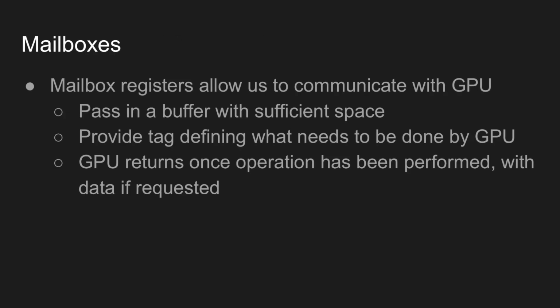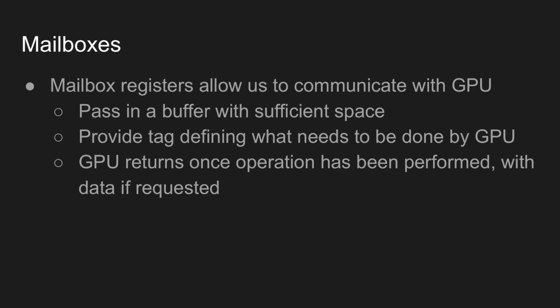To output to the HDMI, you need to set up a frame buffer. To set this frame buffer up, you need to communicate from the CPU to the GPU. How this is done on the Pi is through a system called mailboxes. So to get this information from the GPU, you need to allocate space on the heap where you place certain tags for the properties you want, and then fill these tags with certain info that you're requesting from the GPU,